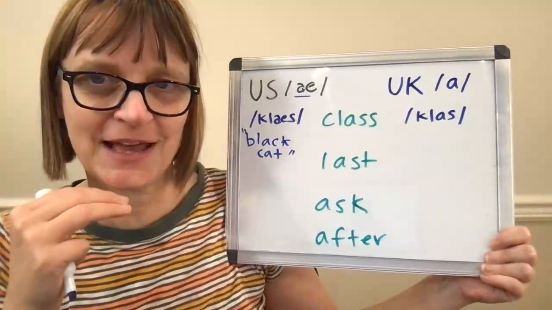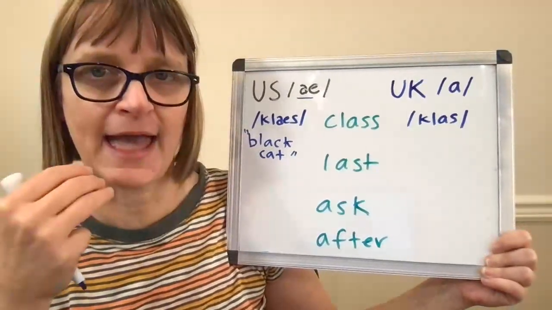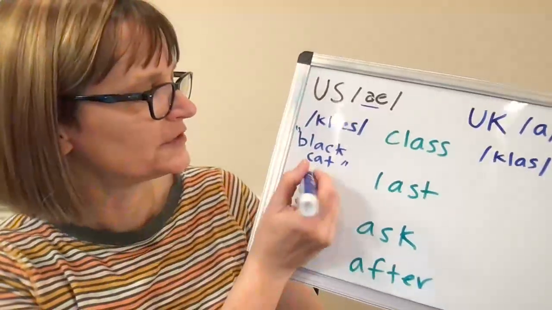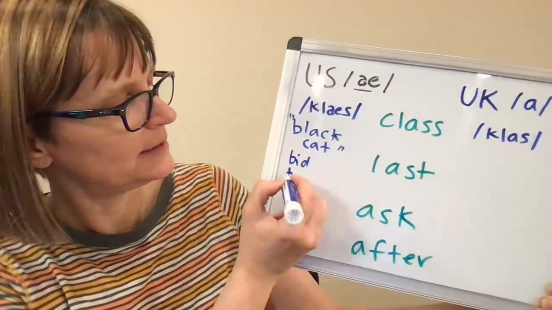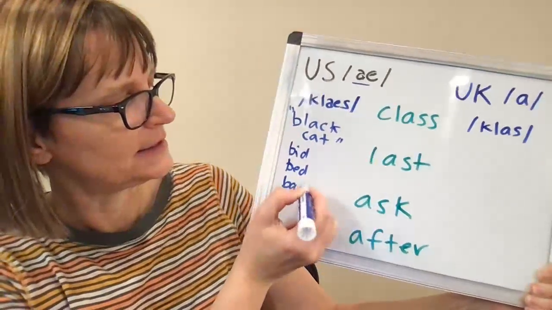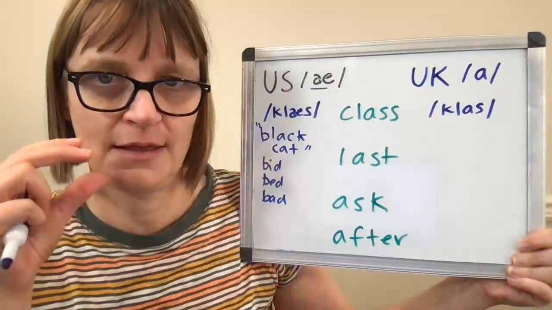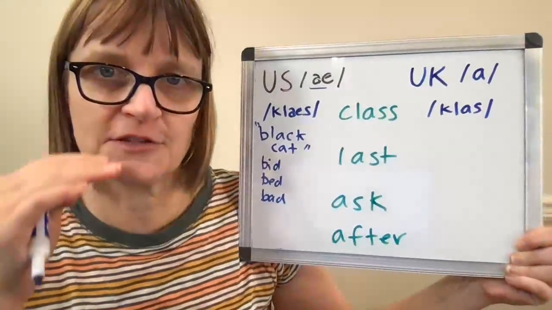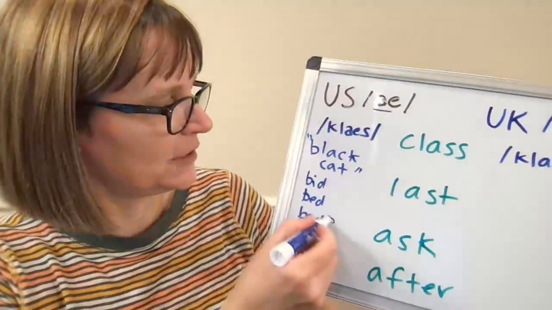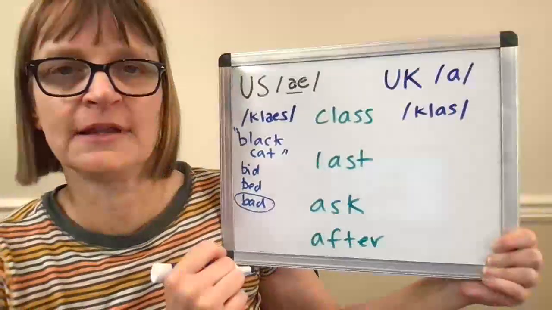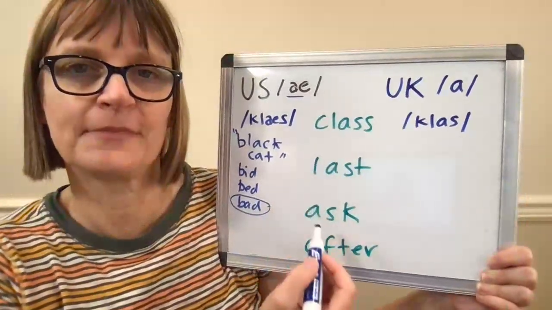My tongue tip is down in the front of my mouth and the back of the tongue can be lifted. You can think about, for example, if I had words like bid, bed, and bad. I'll say those again so you can see my mouth. Bid, bed, bad. The front of my tongue gets further down and my jaw and mouth gets more open as I say those vowels. So we're looking at a, the vowel in bad, for words like class and last, ask,